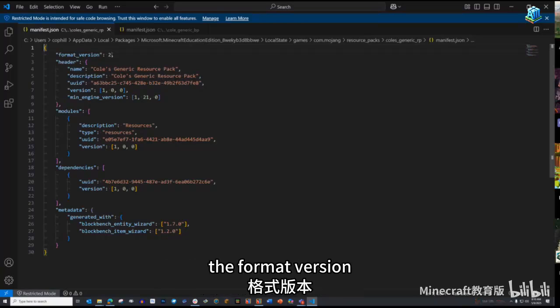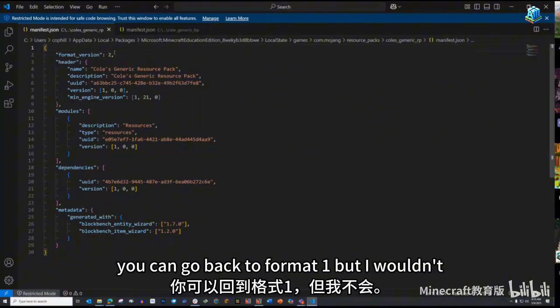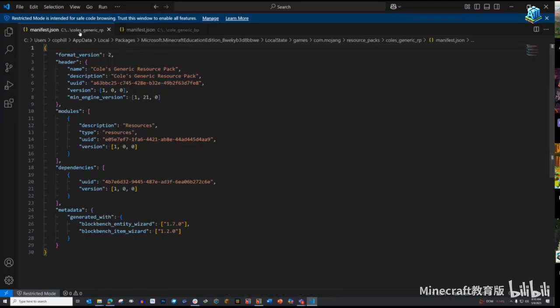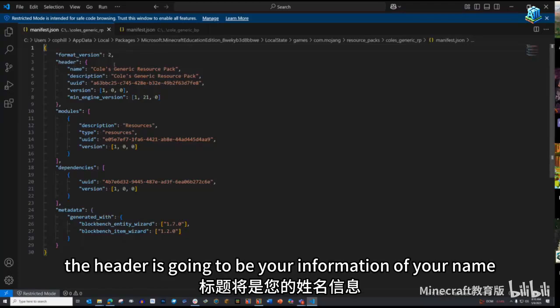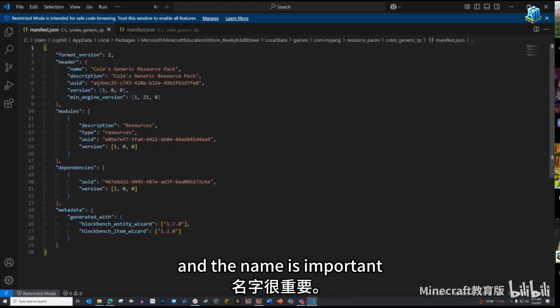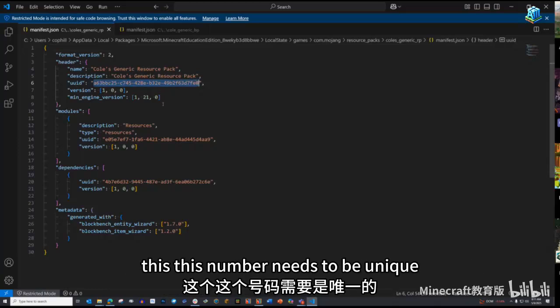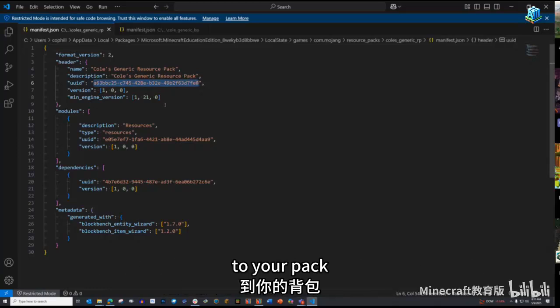The format version, I don't change it. You can go back to format 1, but I wouldn't recommend it. Just stay current. The header is going to be your information, your name, and the name is important, but this UUID number is the most important part here. This number needs to be unique to your pack